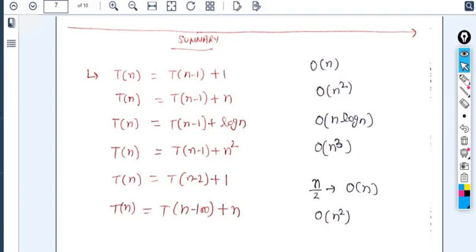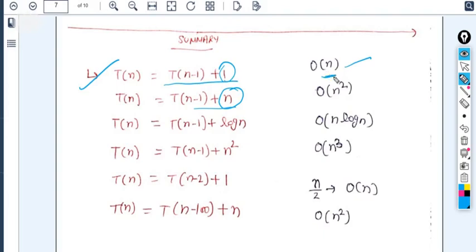So what is the problem here? We have seen that if you are taking T(n) as T(n-1) plus n, what was the time taken here? Order of n, right? So here if I'm taking n minus 1 and n, we already have solved these things, right? So whatever is the value of f(n) here, we are just multiplying it by n. 1 was there, multiply it by n.